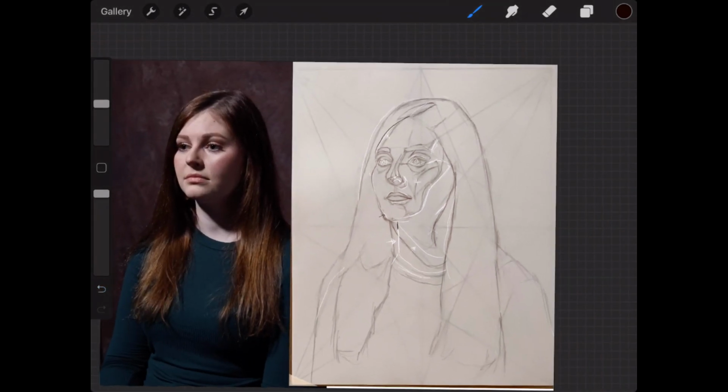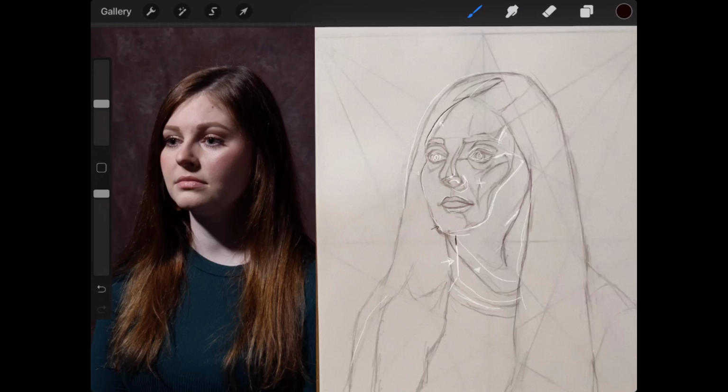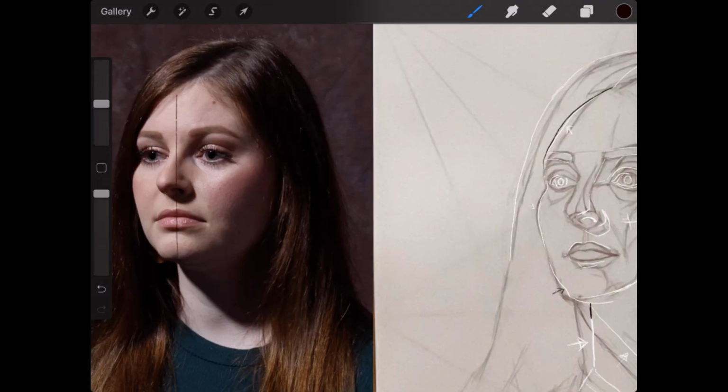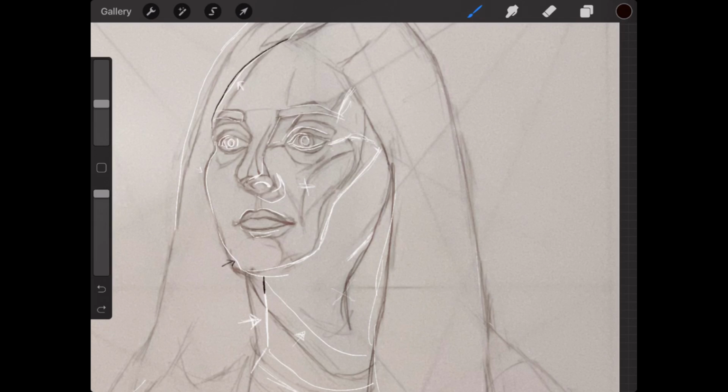And one thing that can help with positioning the neck is doing that plumb line. Okay, you can draw a vertical line and see where it falls on her face. And it should fall right around that point on the lip. So we want to make sure that you have that positioned. Yours was out in here, and part of that is because you had pushed the chin out. So by pulling back the chin and pulling back the neck, it's going to lock it in a little bit more.